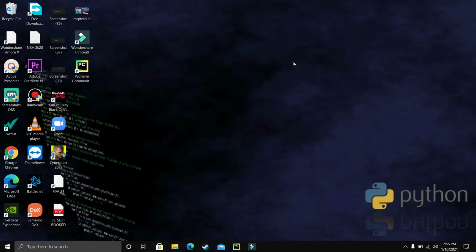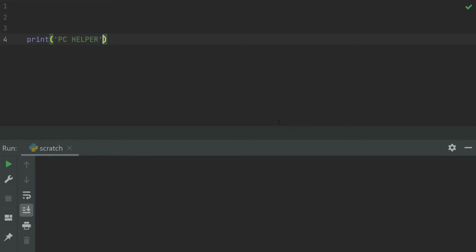So in this video we'll be learning about while loops. In the previous two videos we've already learned about for loops, and while loops are a very important part of any programming language and make our programming life very easy. So let's start with the difference between a for loop and a while loop.